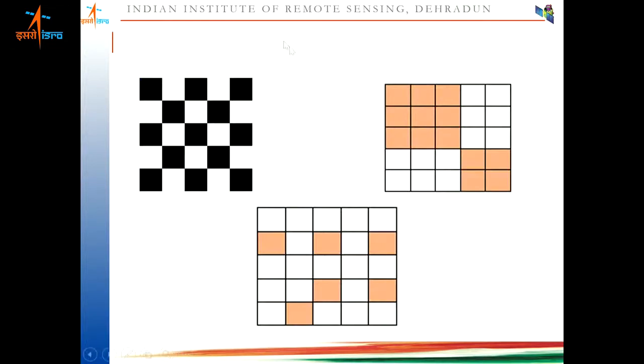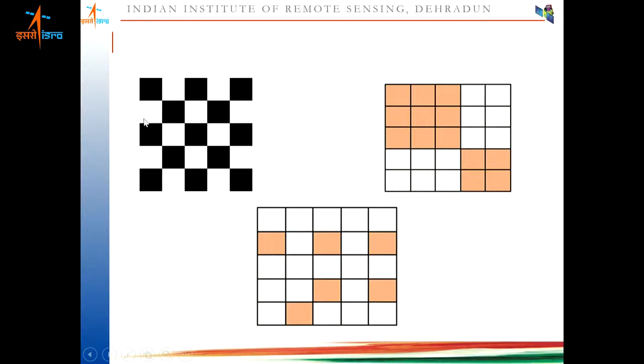Here you can see this one is the clustered pattern, so in this case you will find the index value towards +1. This one is a dispersed distribution. In this case you will find the Moran's I index value is -1, because this is perfectly dispersed. The black and white cells are alternately arranged, so here it will be -1.